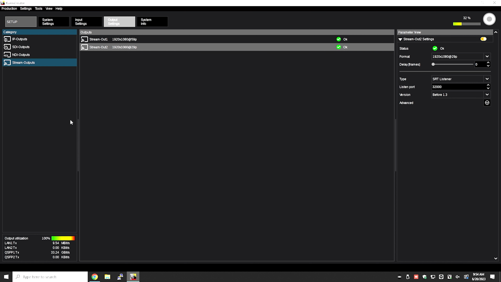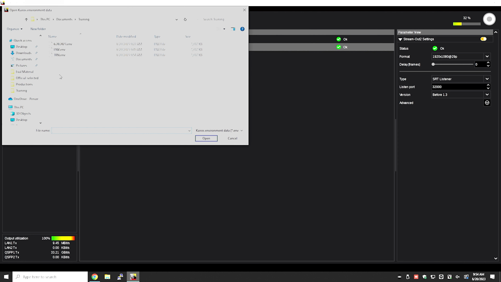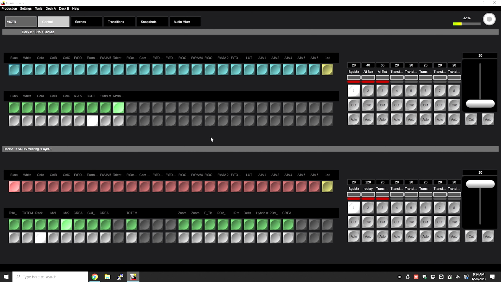If I want to reload a different environment, I can go back up to that same menu. Instead of grabbing export, I'm going to select import this time, navigate to where I have a file saved. So if I want to reload that training file, simply select the file, open. Now Kairos will reload all of that IP information, all of those inputs and outputs, saves, and now I'm ready